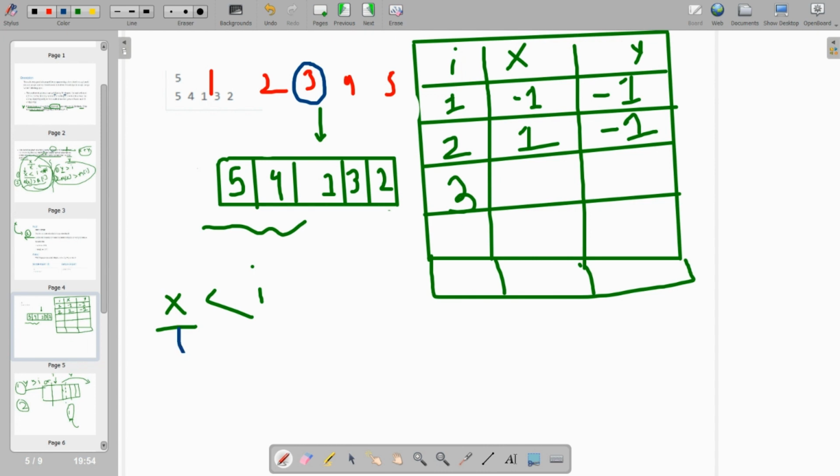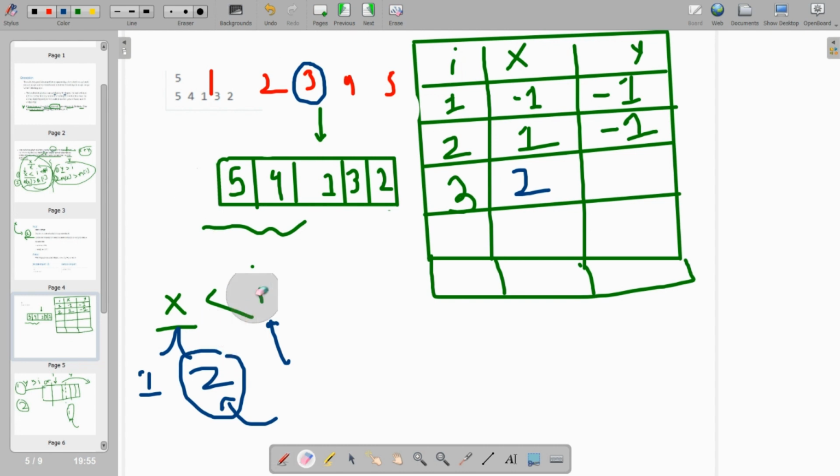There are two possibilities for x, 1 and 2, because both values are greater than the current one. I have to take the largest index, so this is the nearest greater element, and the value at this index is greater than our current value. So this is our final x value, and our x value is 2.